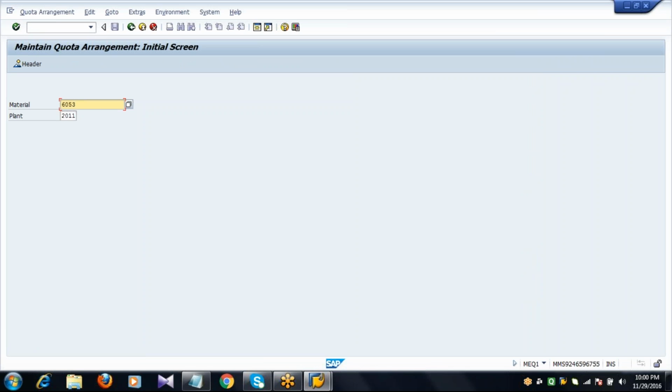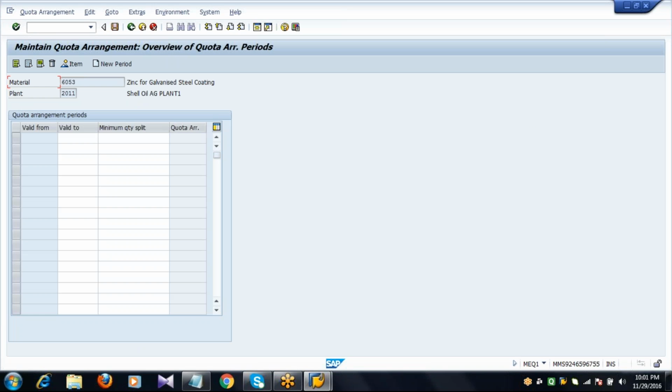Enter the material and plant. Press enter.